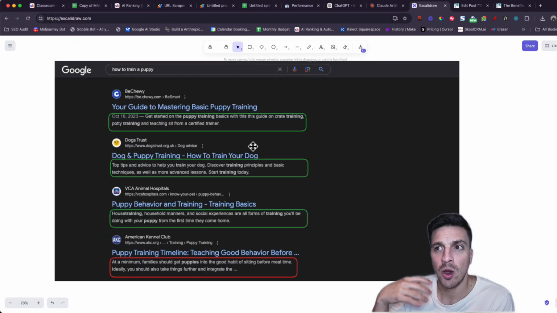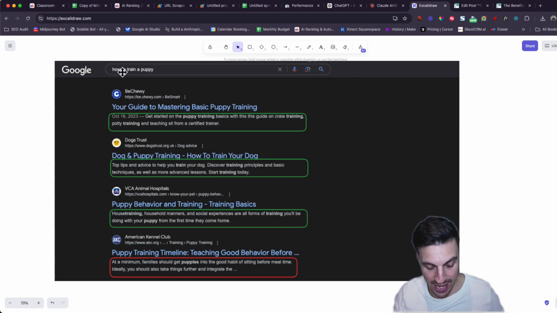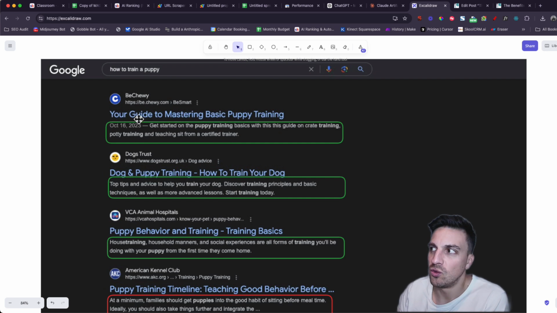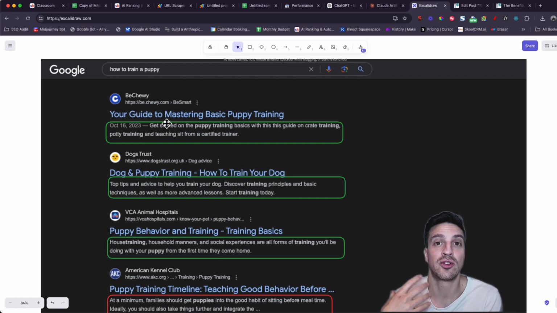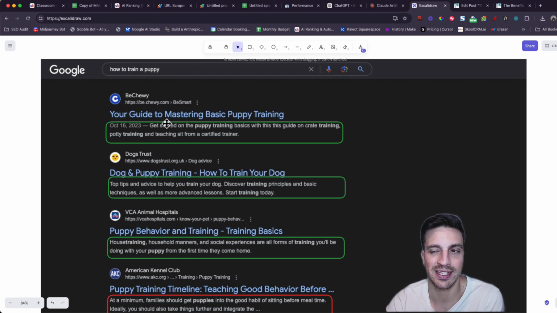When I say meta descriptions, I mean these little things here. Let's say I make a search on how to train a puppy. You will be provided with the classical blue links, but below that, there's a little description of the page. That's the meta description. And surprisingly enough, this can have a very big impact on your click-through rate, on the